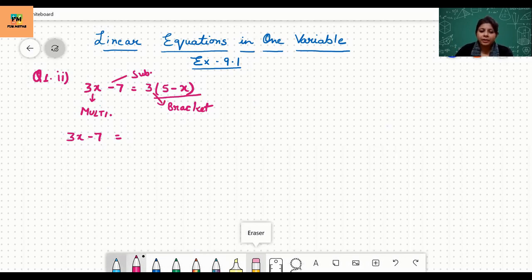Now, when you open the bracket, very important thing, where do the students commit the most mistakes? You see, many students, what do they do? They simply multiply this 3 by number 5. They will multiply 3 only with 5, they do not multiply this 3 with x. So you are not going to commit this mistake. Let's see how. First of all, I'm going to multiply this 3 with number 5, and then I'm going to multiply this 3 with